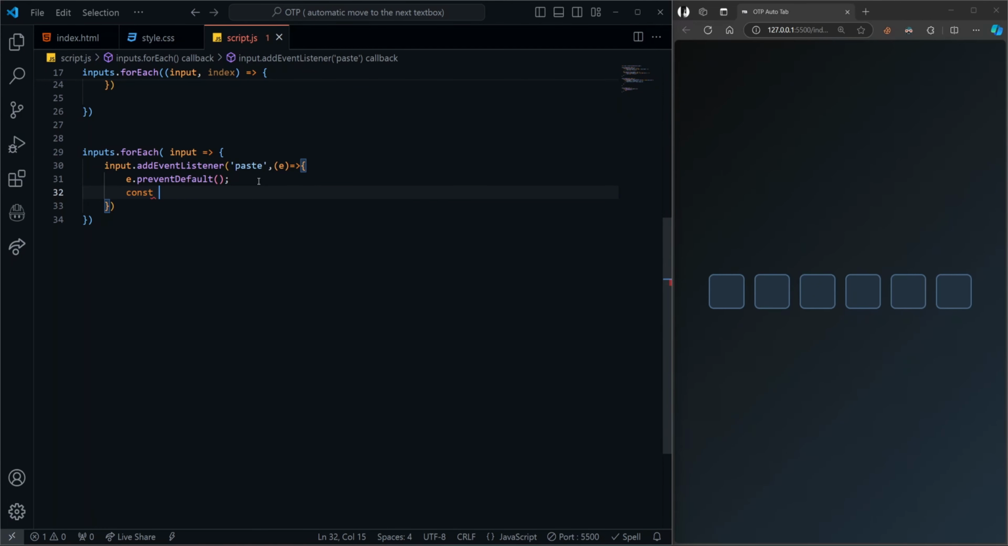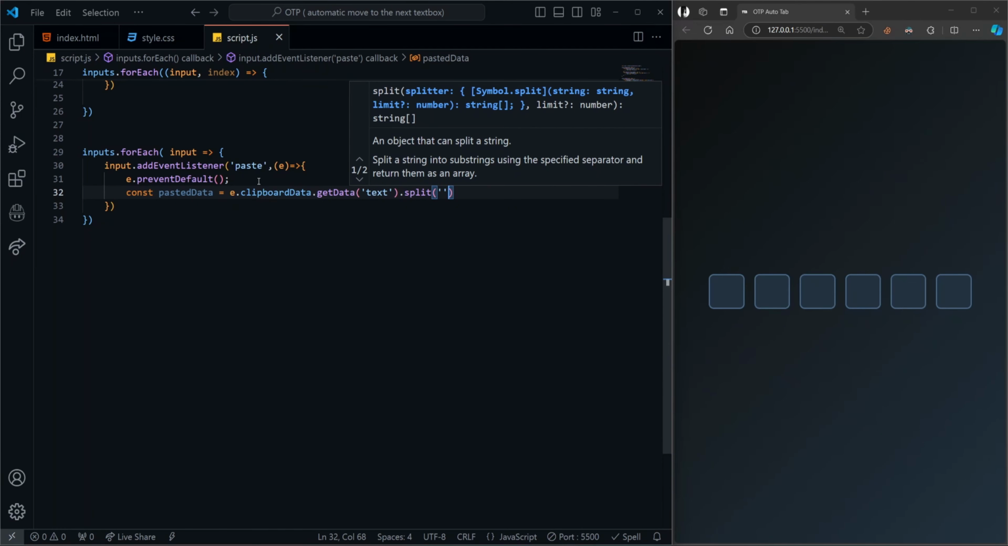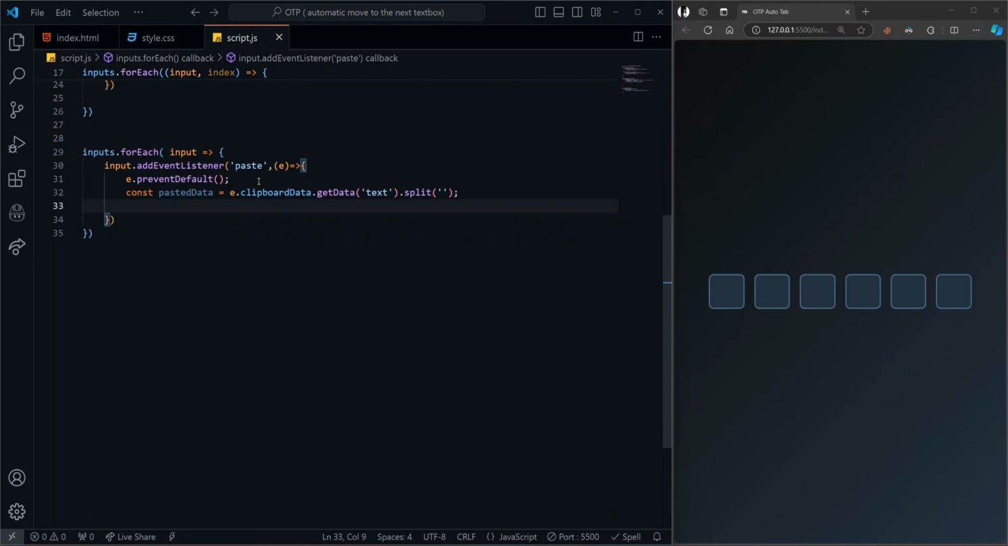Now, we create a variable called pastedData to store the pasted data from the clipboard using the e.clipboardData property with the getData method, specifying the format text. Then, we use the split method with an empty string to convert the pasted data into an array of individual characters. Now we loop through the pasted data array using the forEach method with a function that has two parameters: